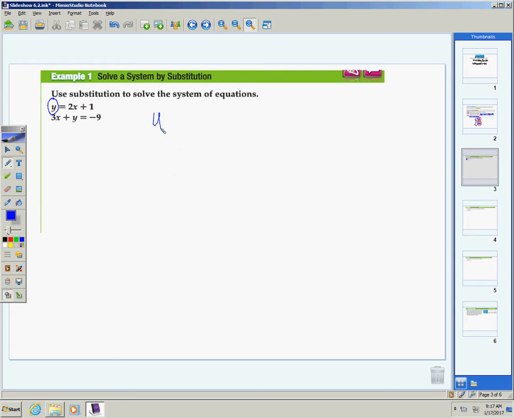I've got y equals 2x plus 1. That's my first equation. So remember, this is a system. It's two different equations. I'm trying to see when they are equal. And then in my other equation, I've got 3x plus y